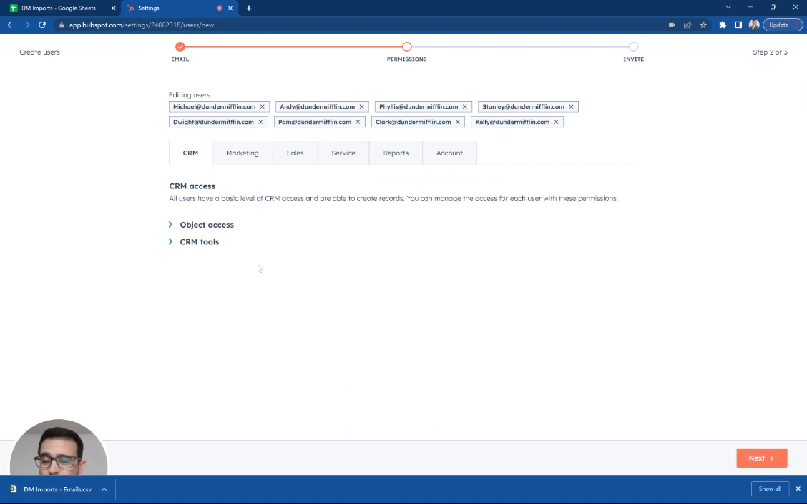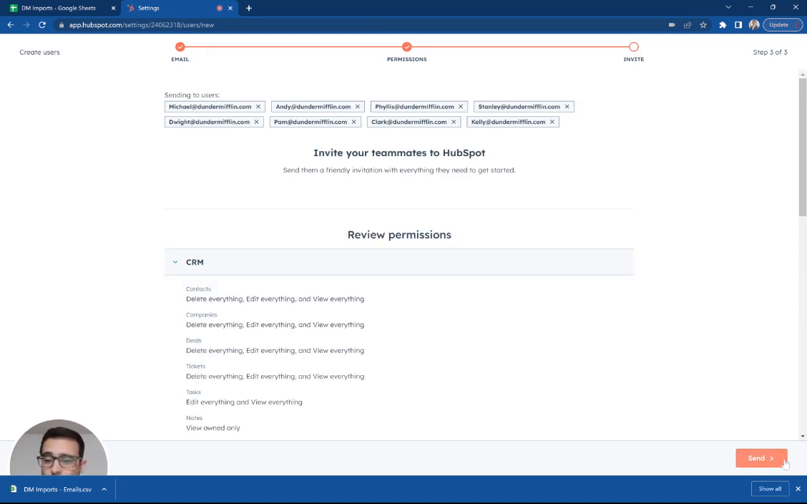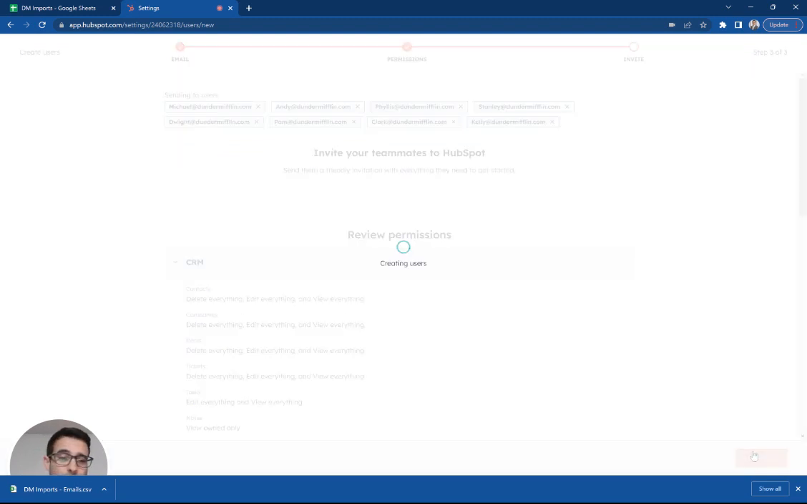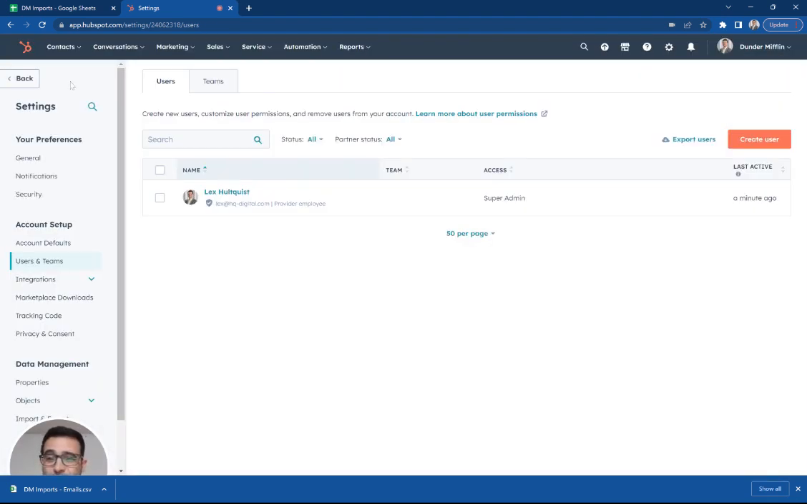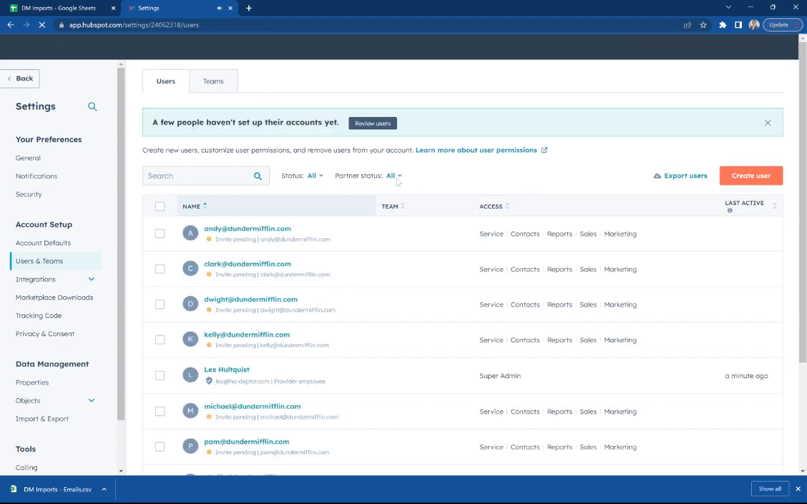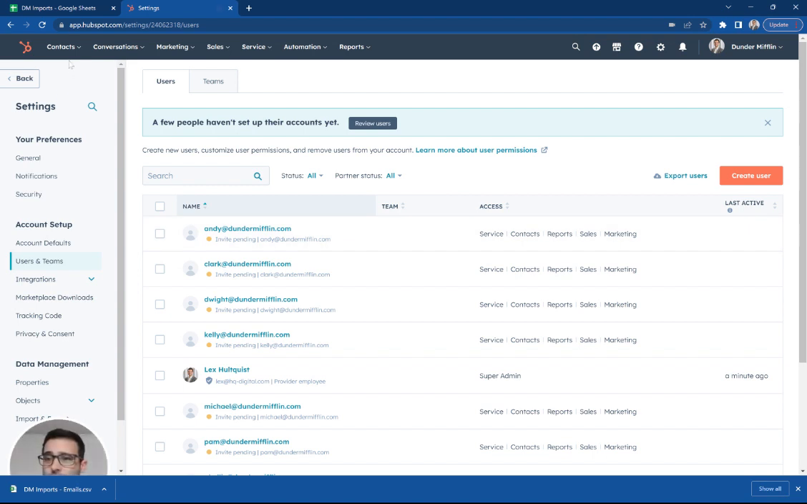If we had more time, I'd show you some of the permissions, but you could set these permissions up per person, let people see certain parts of the HubSpot tool. You can also set permissions and make sure Dwight's not taking over Jim's accounts unnecessarily. So I'm going to go ahead and hit OK. So we've got all of these new people in,